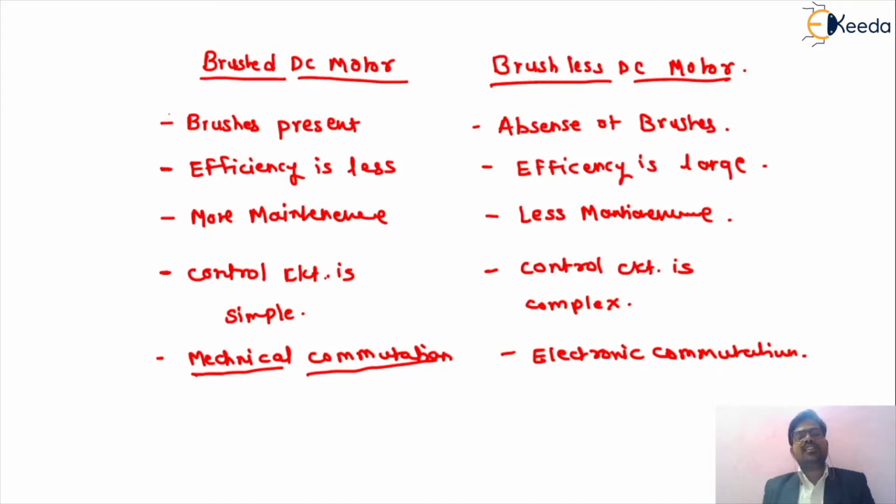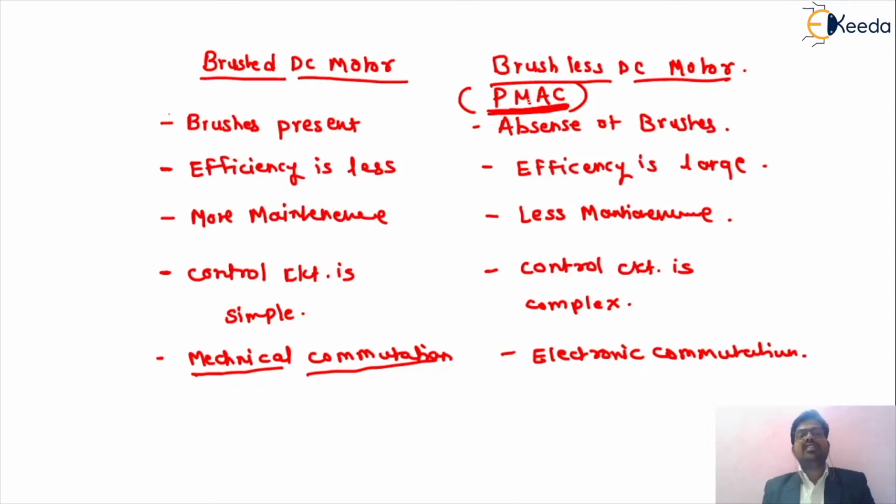Friends, now we can understand the construction of the brushless DC motor. Sometimes this brushless DC motor is called a PMAC. What do we mean by PMAC? Why do we call it that? It is a permanent magnet AC motor. In the construction of the brushless DC motor we use a stator and a rotor. In the stator we use a winding called the armature winding, and in the rotor we use a permanent magnet.